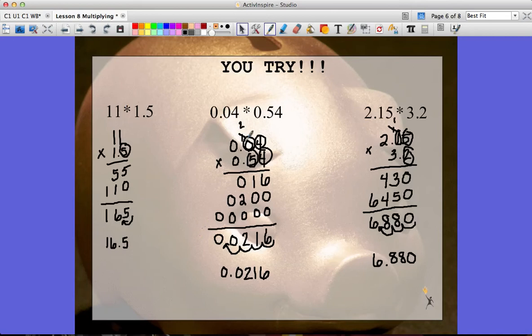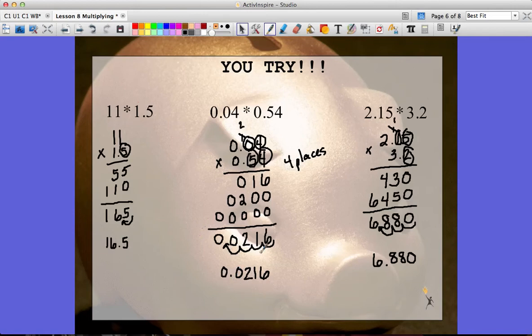All right, so when you did 4 hundredths times 54 hundredths, again, this works out perfectly because we have two numbers after the decimal here and 2 here, so everything lines up nicely. When you multiplied, you should have ended up with these two zeros and then 216 at the end. You have two numbers after the decimal here and two numbers after the decimal here, meaning we had to move our decimal 4 places. So we moved it 1, 2, 3, 4 places to the left, added our decimal, and we got 0